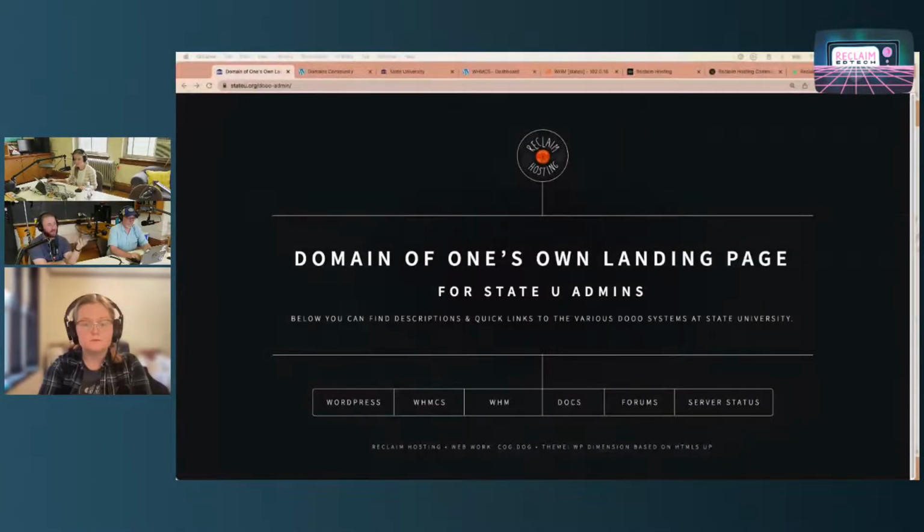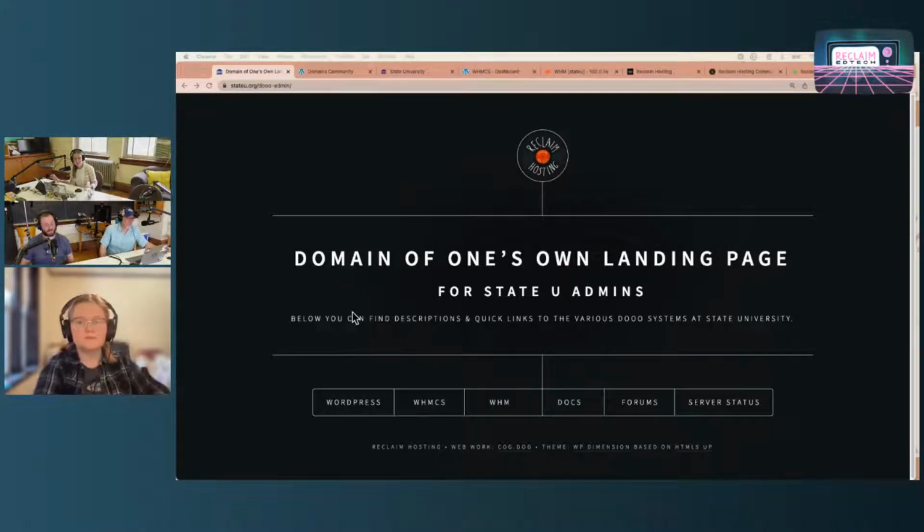Well, and even thinking about how directories affect the URL, in the case of Domain of One's Own we have three systems that all look like one to the end user, but secretly under the hood they are not.